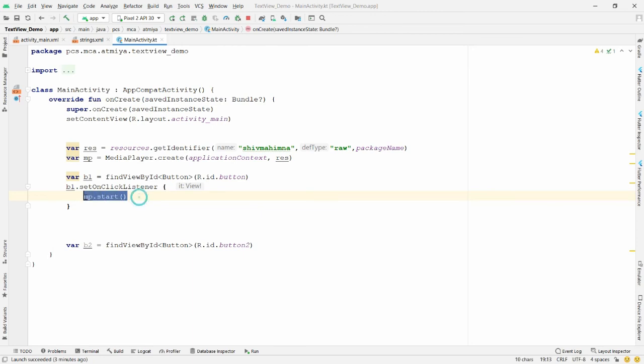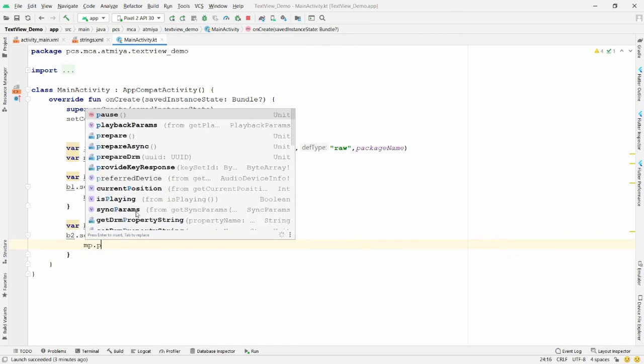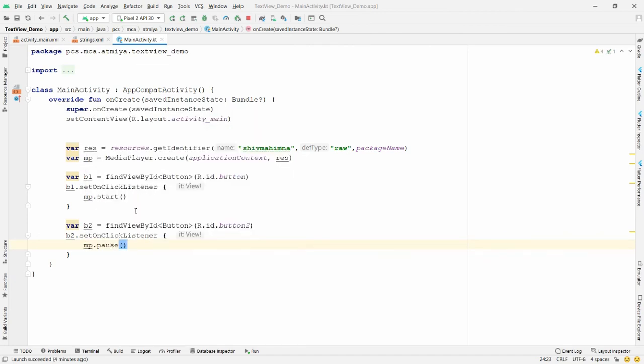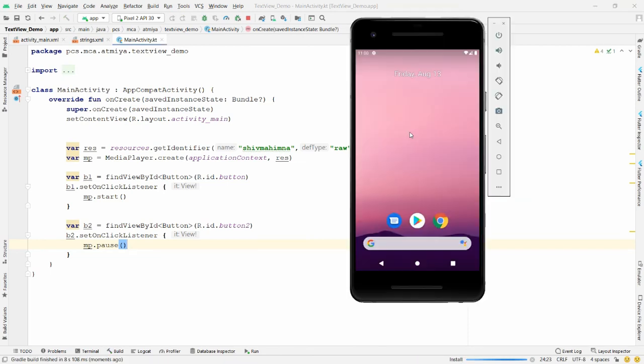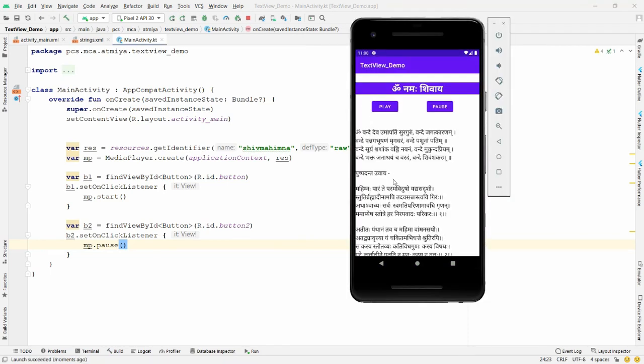Now whenever button 1 is clicked, I just want to start the MP3 file. So I'm just calling the function here mp.start, and whenever button 2 is clicked, b2.setOnClickListener, I just want to pause the media player. So I'm calling the function mp.pause. Once it is done, you can run your application in the emulator. See here, the application is launched over here.